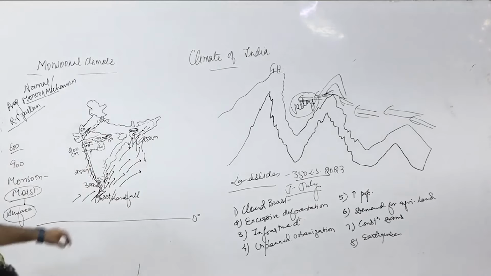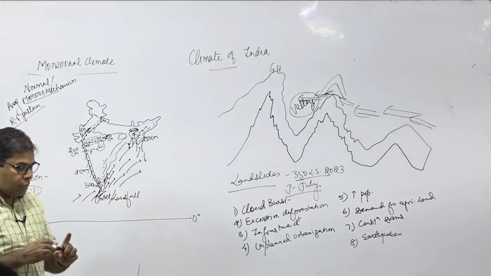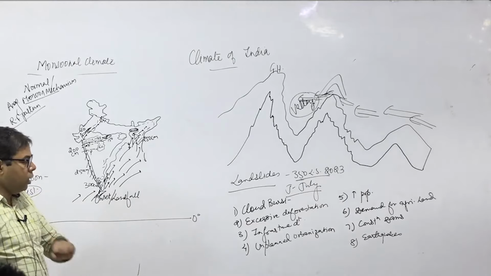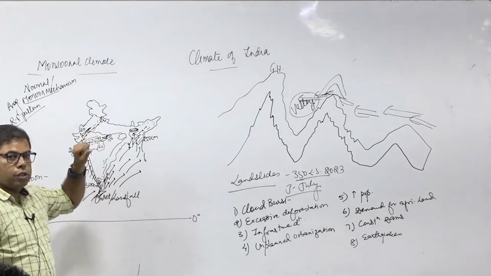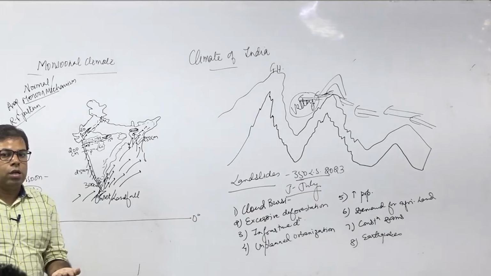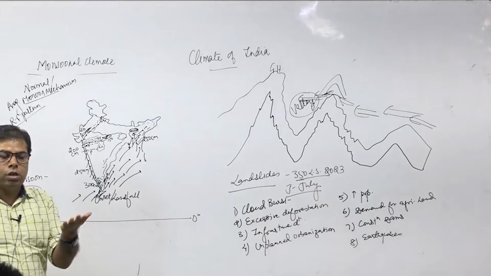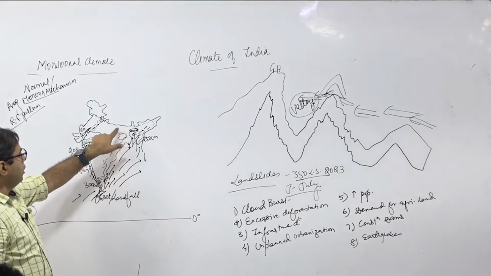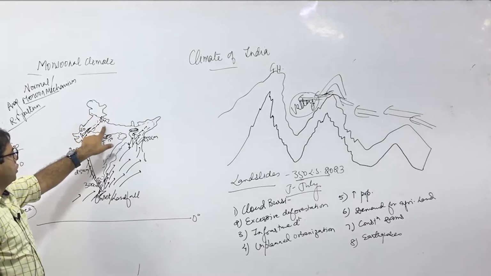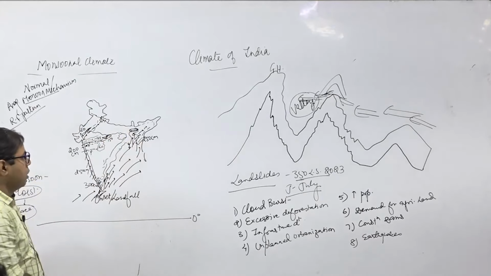Now the question is, there is no orographic barrier in Kolkata, which is exactly on the coast. What type of rainfall occurs there? The land is heated, as it is near the Tropic of Cancer. When land is heated, what will happen? Heating means low pressure. What will happen? Convection. So the entire Gangetic plain and the northwest part of India, Punjab, Haryana, Western Uttar Pradesh, all have convectional rain, right?